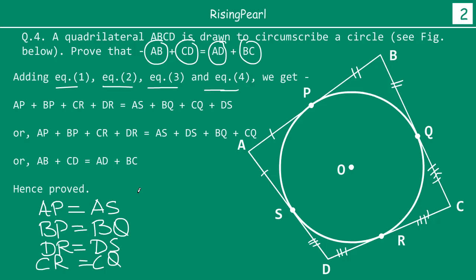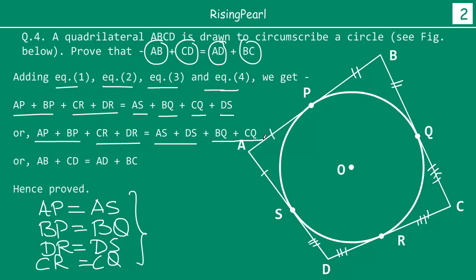So now simply adding these equations, what we will get is AP plus BP plus CR plus DR, which will be equal to AS plus BQ plus CQ plus DS. So now we are just going to rearrange this. So AP plus BP plus CR plus DR equals, and here instead of AS plus BQ we are going to write it as AS plus DS